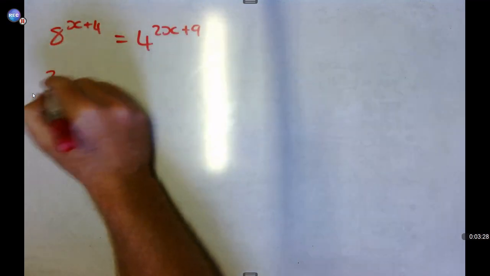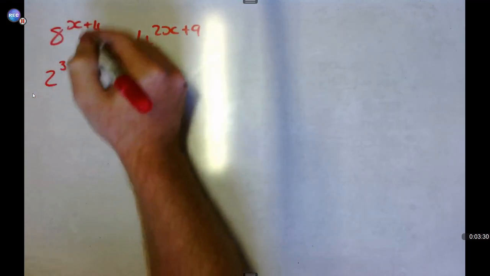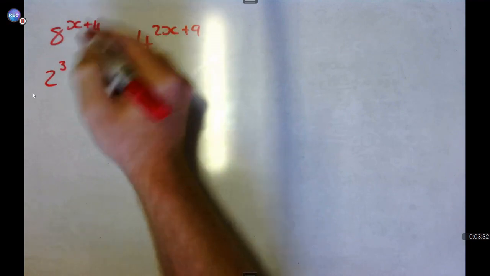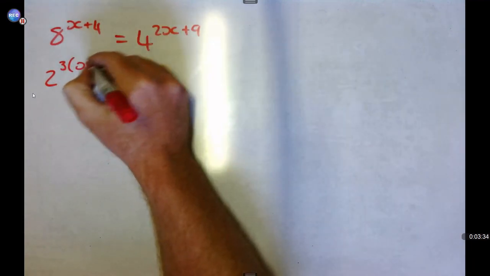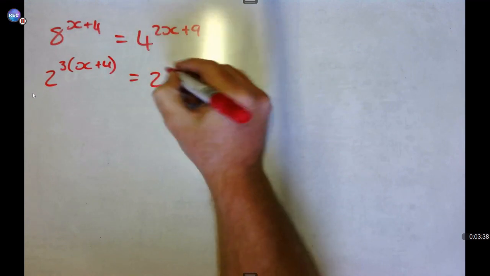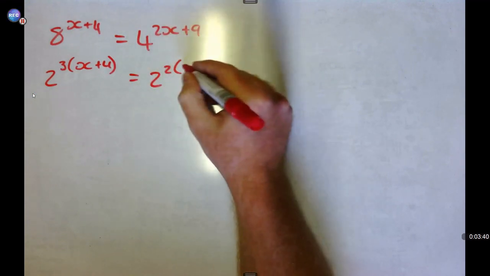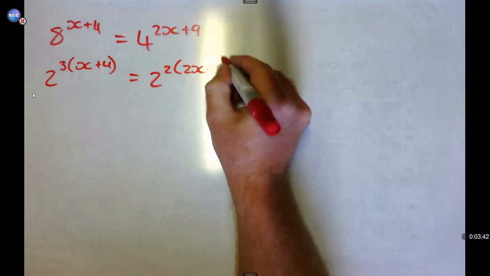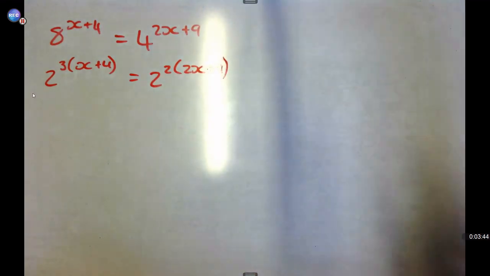So look here quickly. If I put it in, I'll get 2 cubed. What I already have over here needs to be put into brackets, because you need to include both of them. Then this will become 2 squared. What I already have has to go into brackets. There we go. Okay.